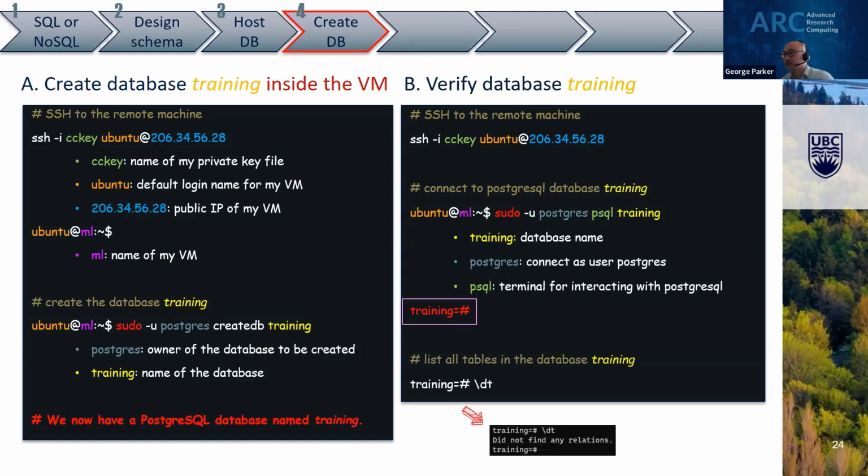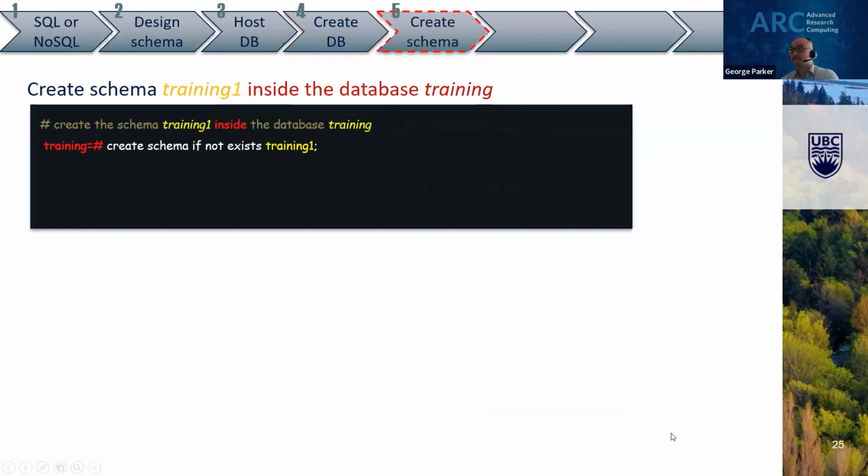You can use the \dt command to list all the tables within this specific database. We don't have any tables built yet, so that's the reason you see "did not find any relations." Relations just mean tables. Step 5, create schema. We are going to create a schema inside this database training and call this schema training